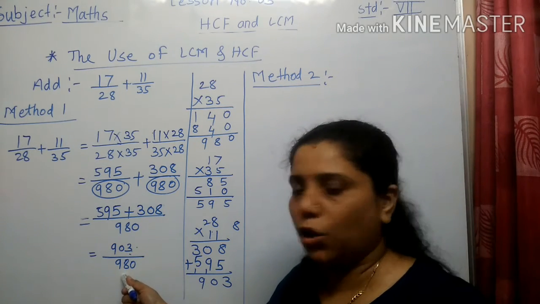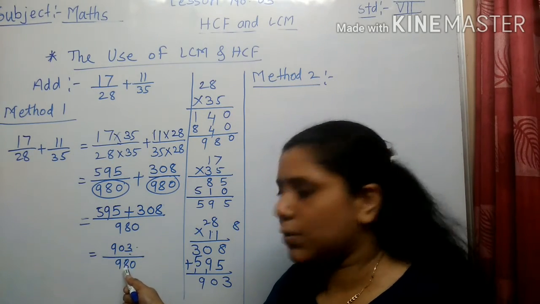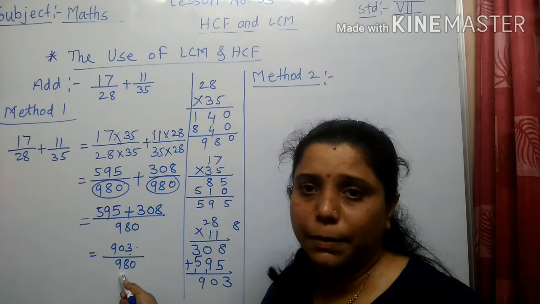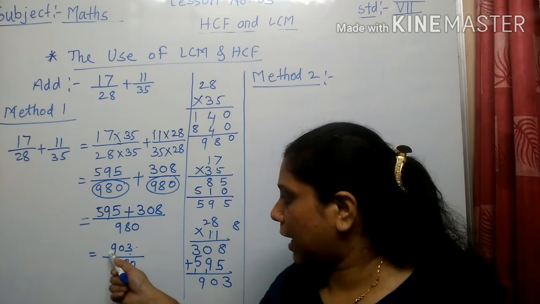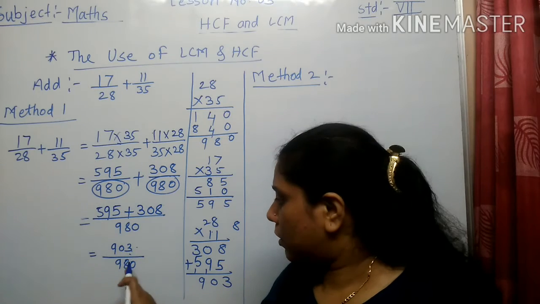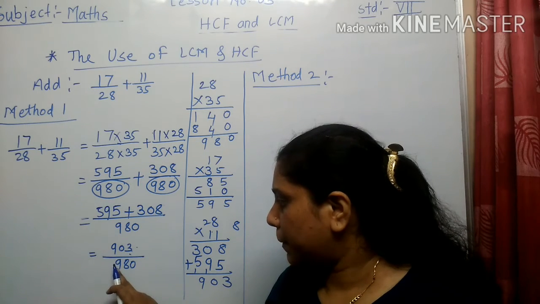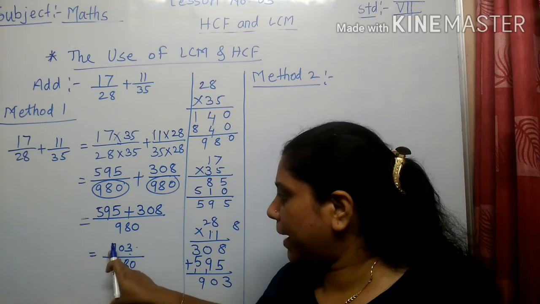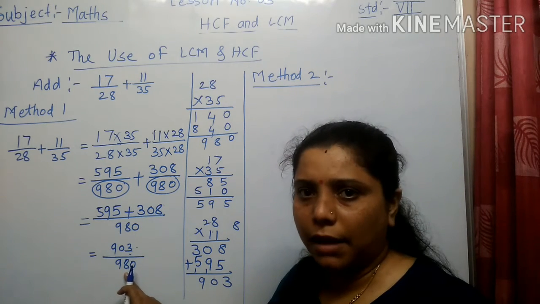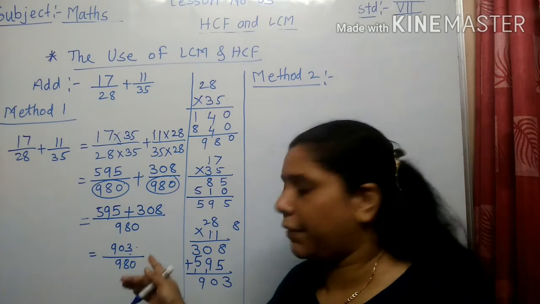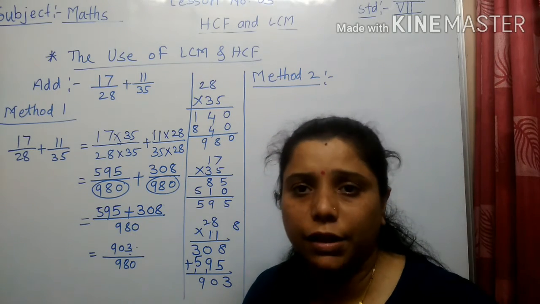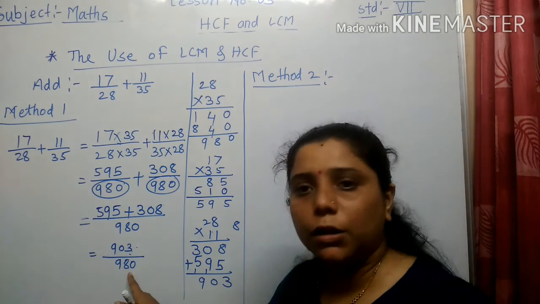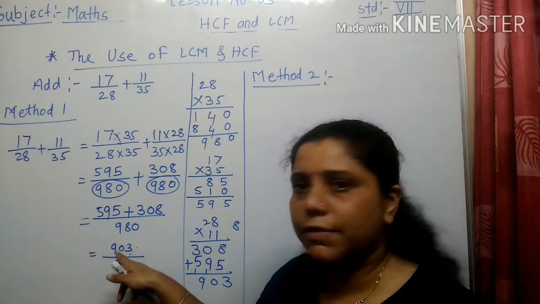Is it divisible by 3 over here? 3 3s are 9. 3 2s are 6. No, it is not divisible by 3. Then it is directly by 7. 7 ones are 7. Okay. Yes, this will be divisible by 7 because 5 is not divisible. We can use the test of divisibility over here. 7 is divisible to the denominator. Is 7 divisible by the numerator?